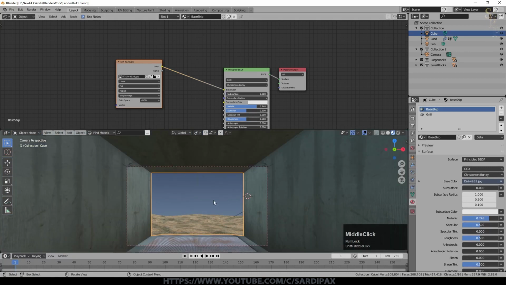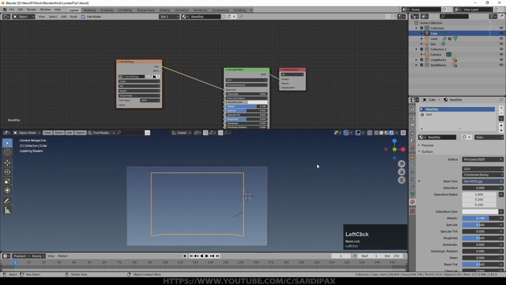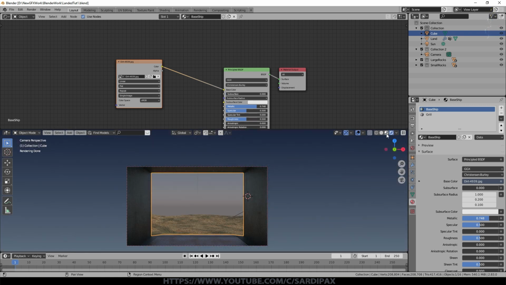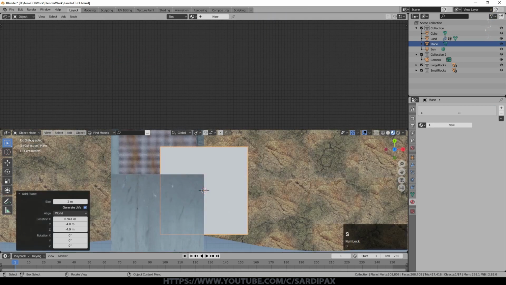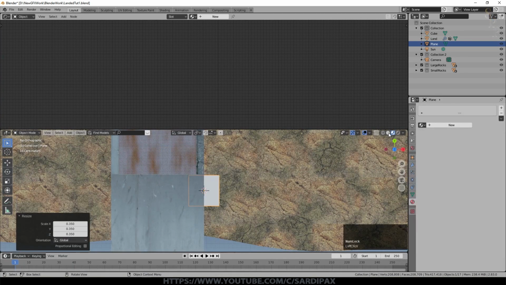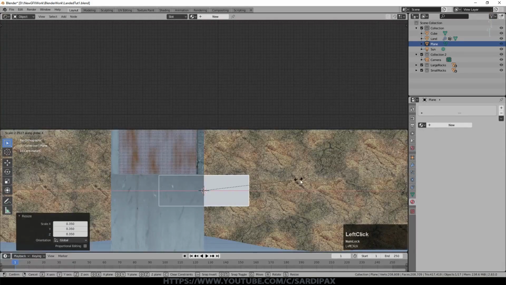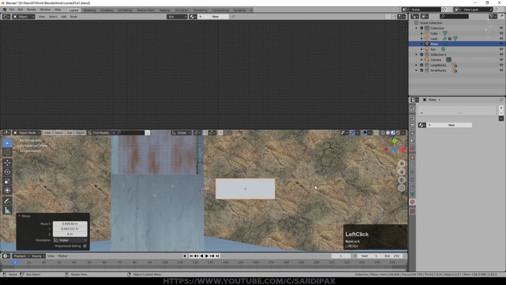So now we need to build up a bit more complexity to the material. This is closest to the camera, so we need to put a bit more effort into this. So let's go to rendered view. And in fact, before I go any further, I'm going to add another light into the scene. So just for the time being, I'm just going to add a plane, scale it down a bit, scale on the X, and then scale it down a bit more, I think, perhaps a little more.